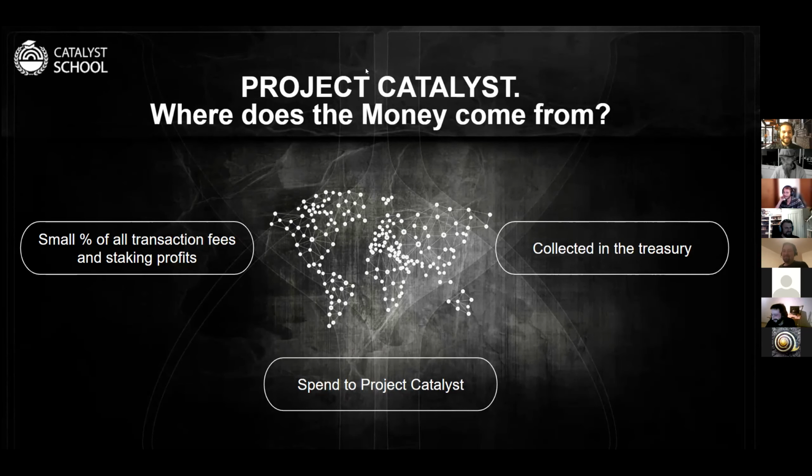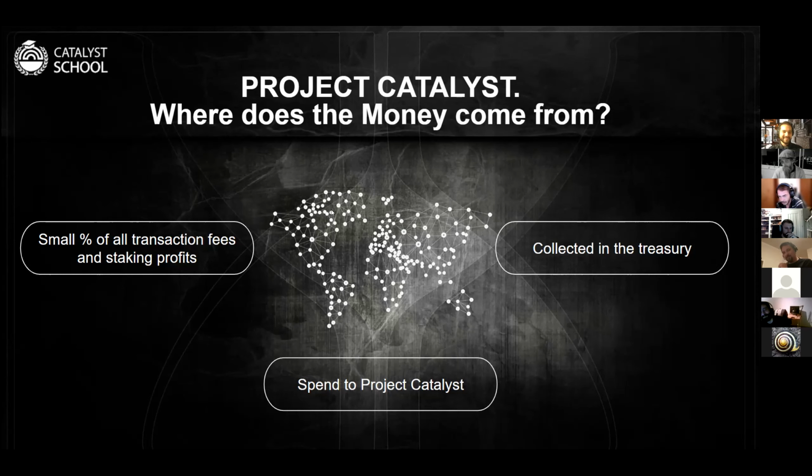Is the fee going to decrease in percentage in the future? You mean this 20% or the transaction fee? No, the transaction fee that's assigned to Catalyst. Likely, yes. Nobody knows, but it's likely that it will change over time. It's just a parameter in the protocol that probably will be governed by the community in the future. So yeah, because 0.17 in the future is going to be like $10,000.